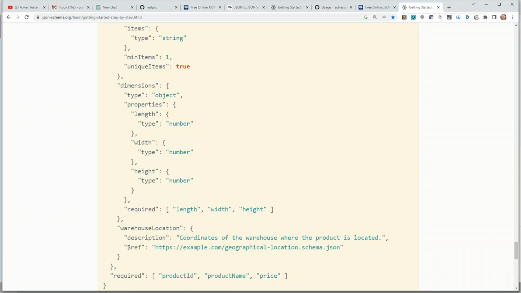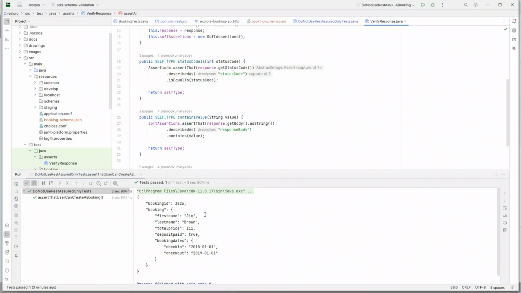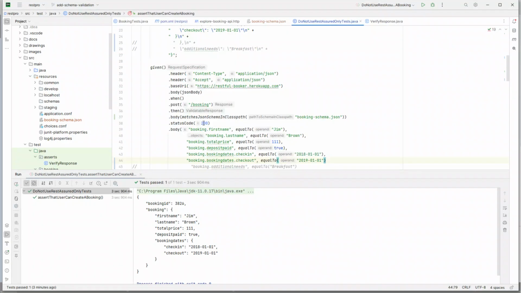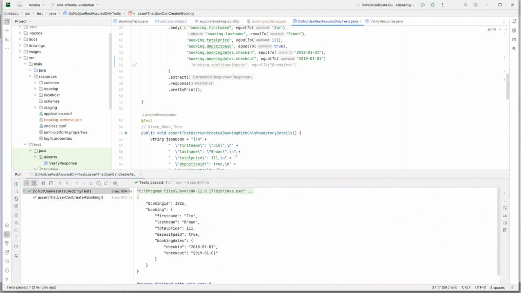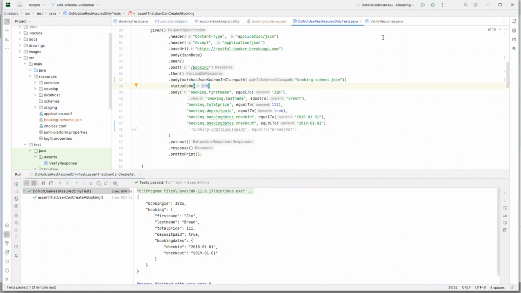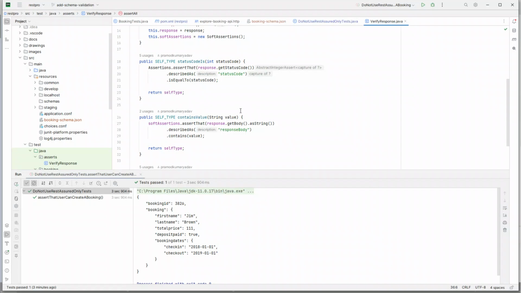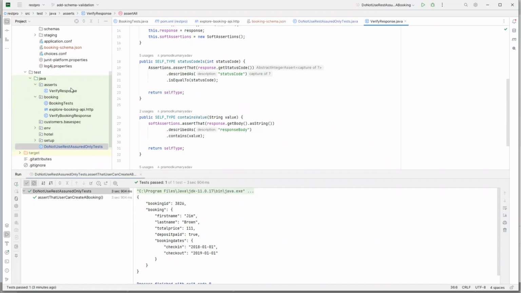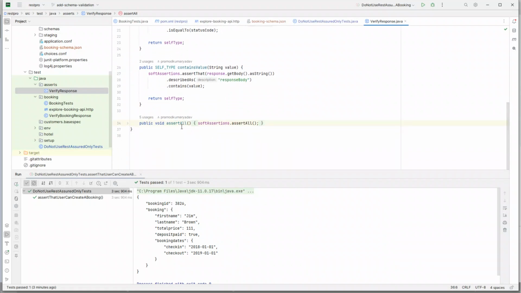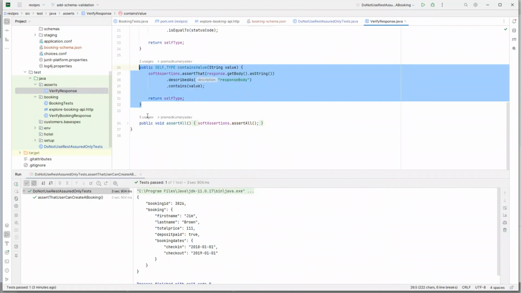Now, if I go back, we have seen how to add JSON schema. We have seen how to create a JSON schema from the response that we get from our test. We've also done a test to see if we're able to do JSON schema assertion. Now, instead of doing this in each particular test one by one, I would like to move this logic inside a fluent method in our verify response class. So I'll make a copy of this method